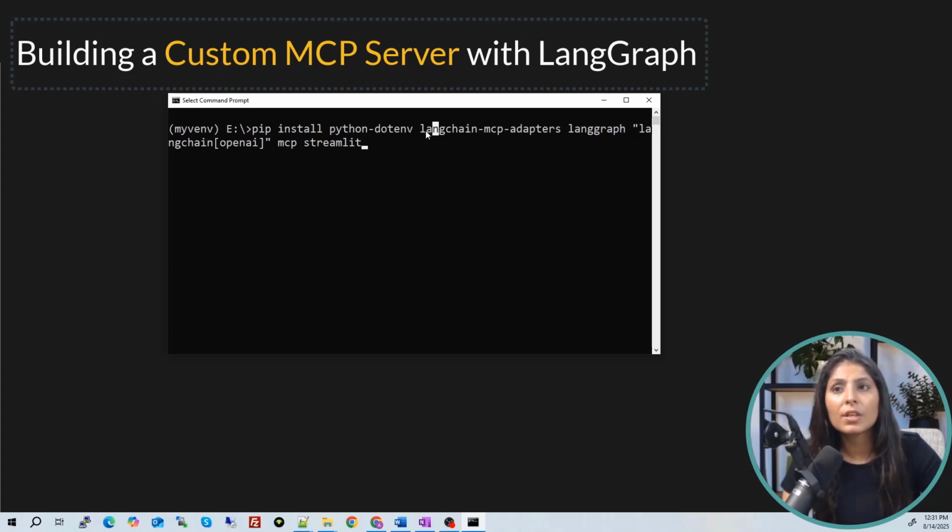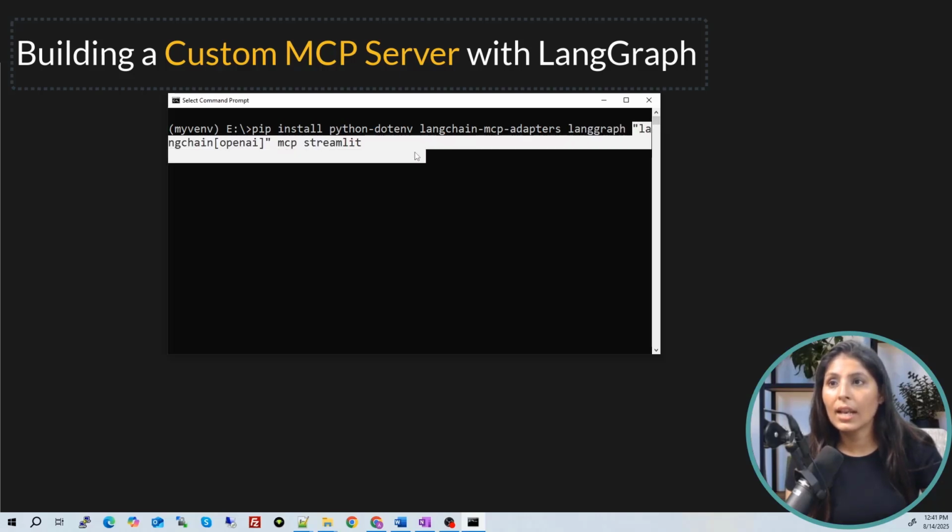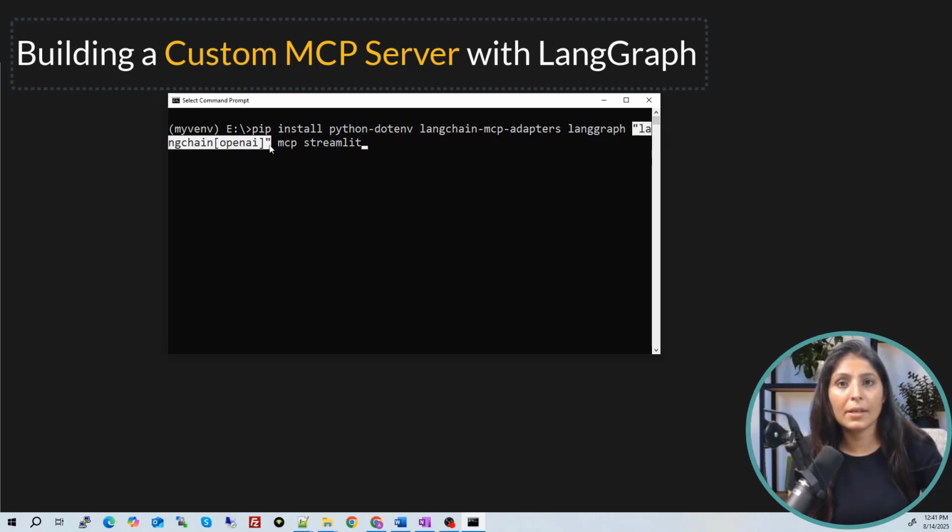And after that, we need this module, LangChain MCP adapters. After that, we are installing LangGraph because we are building our application on the LangGraph framework. So we need it. So that's why we are installing it. And then we are installing LangChain with OpenAI dependencies. Why with OpenAI dependencies? Because we are going to use an LLM from OpenAI. So we will install everything related to that.